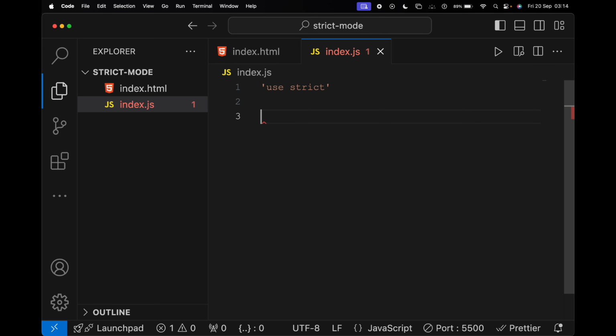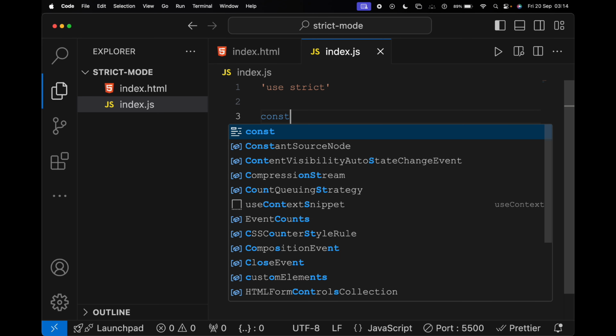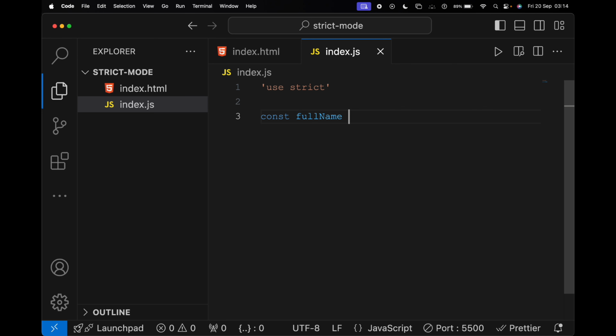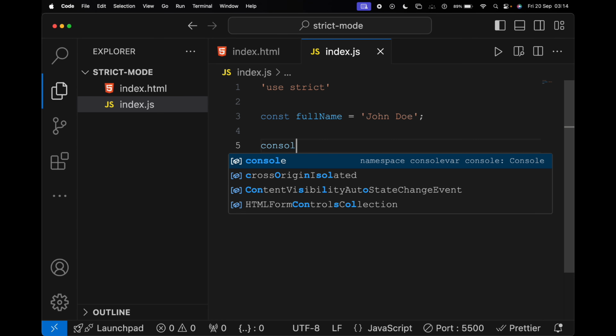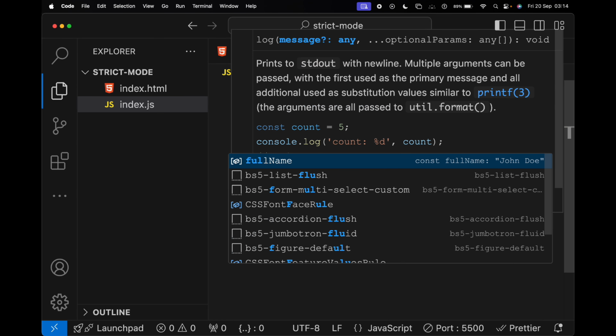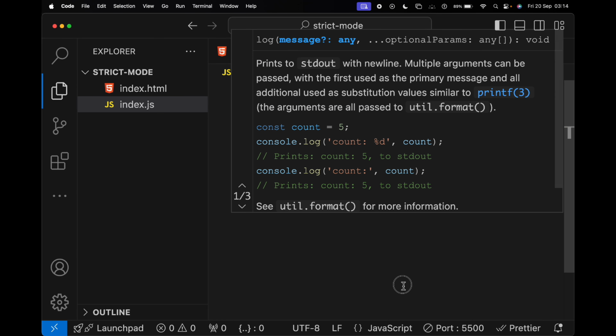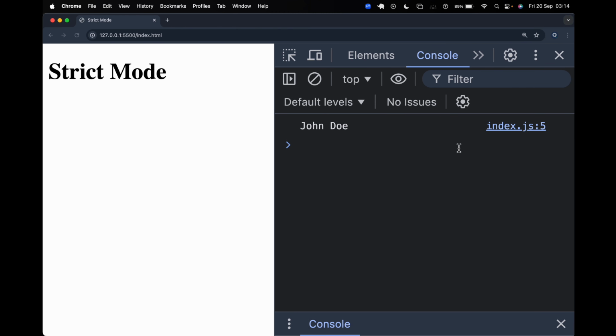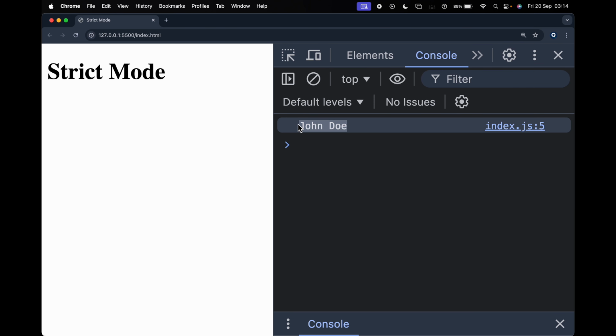As I said, for now let me declare my full name, this full name of John Doe, with a constant. Now I can either terminate it with a semicolon or just leave it out, because JavaScript should be able to execute even if you leave out the semicolon. Then if I do console.log fullName, we shall see that now we are able to execute our JavaScript code